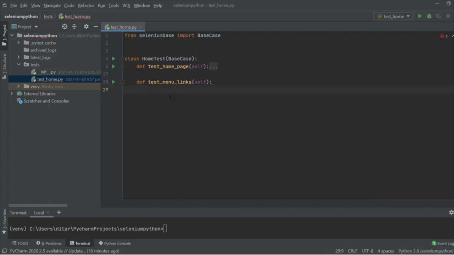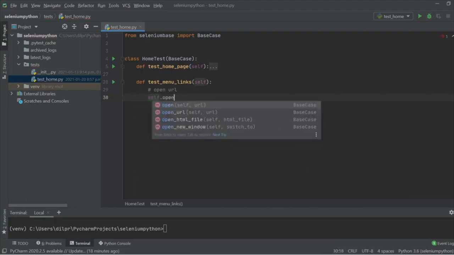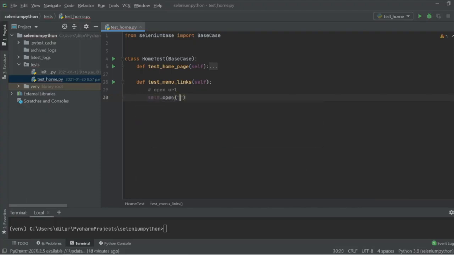Okay, so the first thing we're going to do is open our URL. I'm just going to add this comment here. So we'll do self.open, and this part we already know. I'm just going to do https, directly adding in the website here, which is going to be practice.automationbro.com. All right, so after we open up the URL, the next thing we need to do is find our elements, or basically the menu links. To do that, I'm going to add this here: find menu links